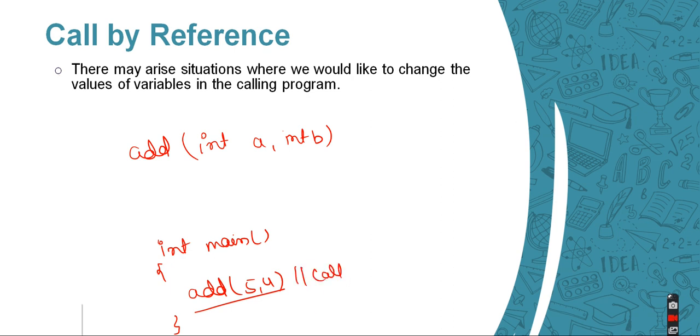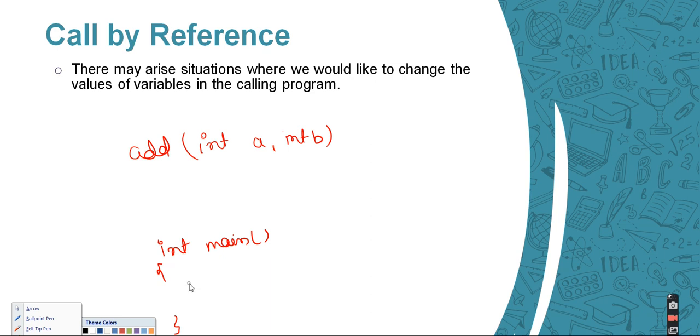So in case of call by reference, what we exactly do is, suppose I have the address of a variable. Let's take two variables, int k is equal to 5, int m is equal to 4.